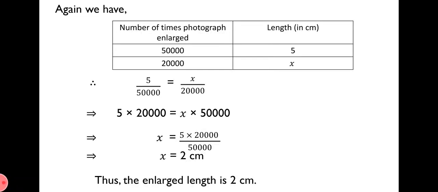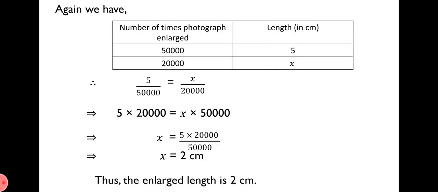The actual mast of the ship is given as 12 meter high. In the model, when we are doing the construction, we prepare the model for the same work. So in the model ship, it is shown that the mast is 9 centimeter high. Now if the ship is 28 meter in length, what will be the length of